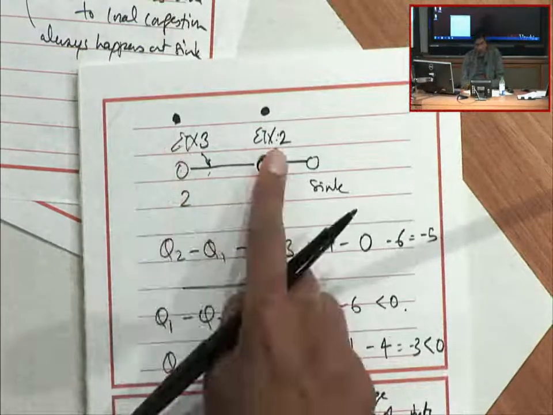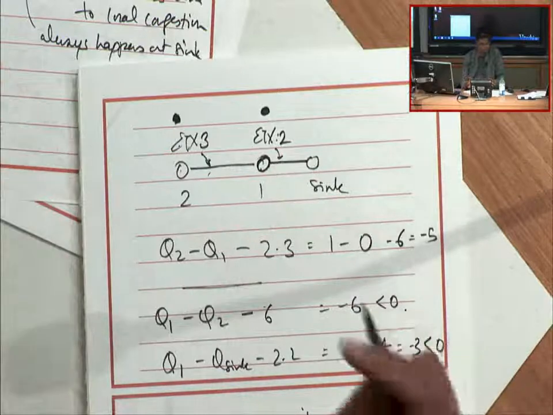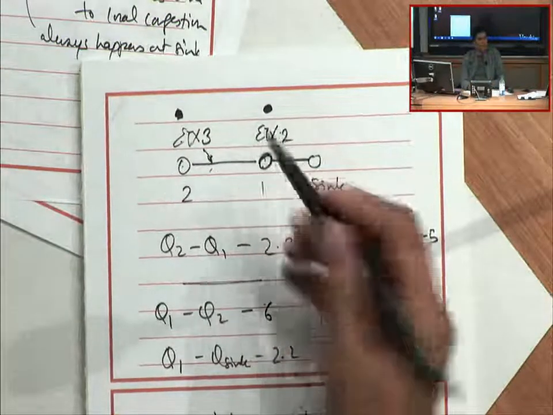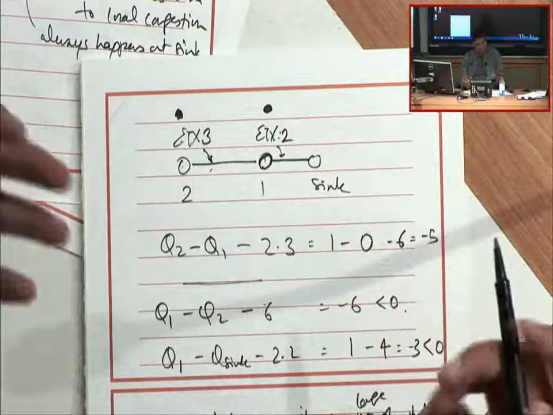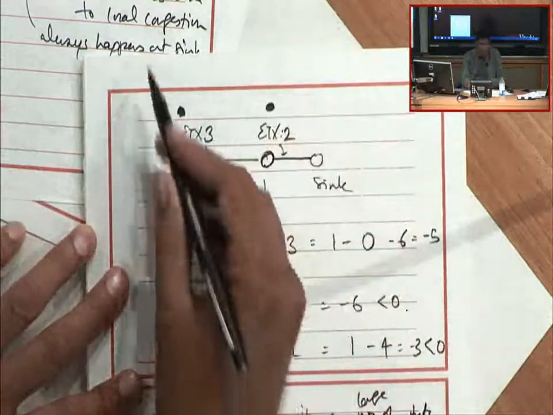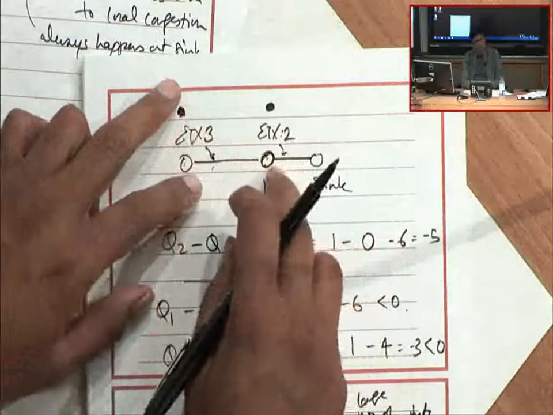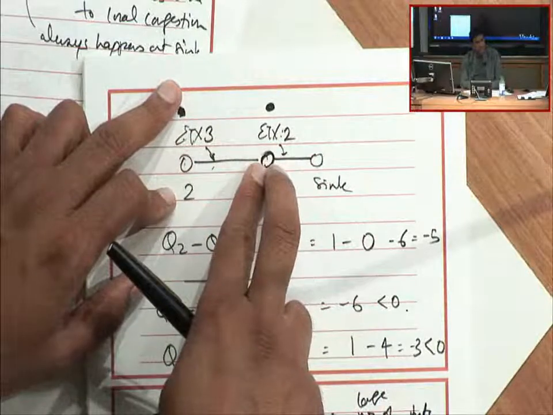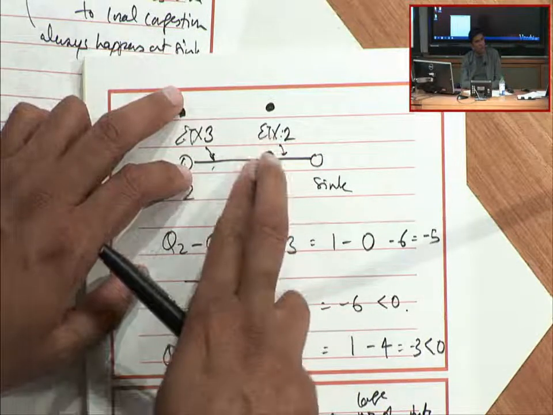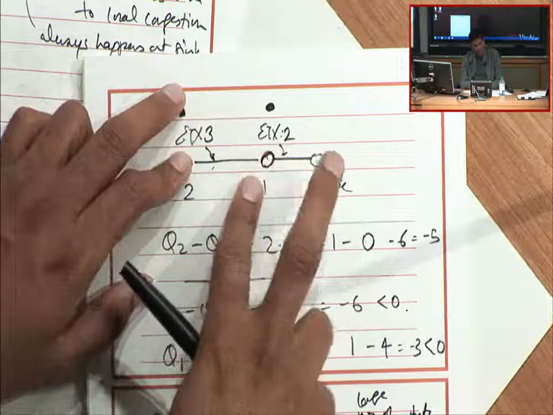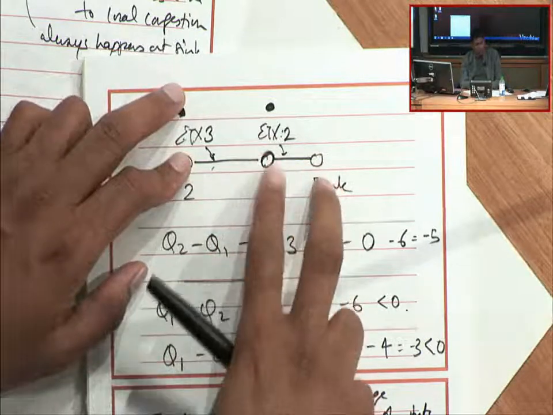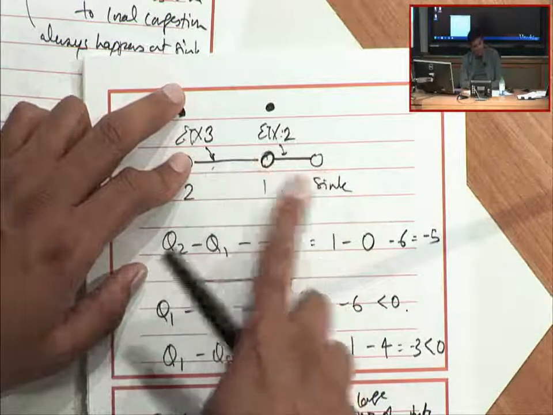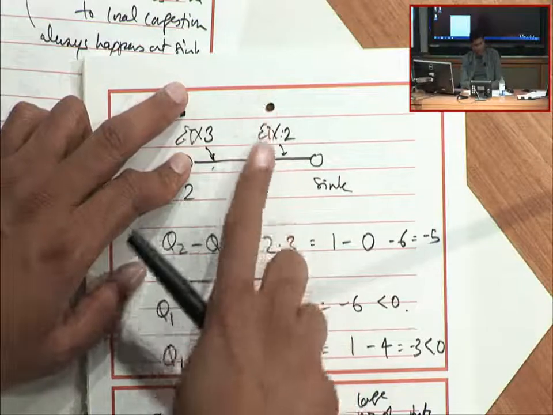So if I had only 2 packets, they arrive and they just sit there, they're going to sit there forever. But what if I had like 1,000,000 packets show up at these 2 nodes, and now I just wait and watch the process? Intuitively, what's going to happen if I have a very large queue here and a very large queue here? Let's just assume that they're the same number of packets. Well, there's an ETX gradient between these 2 of 6, so unless there were 6 more packets over here, nothing's going to move. But between these 2 nodes, now the gradient would be far more than the 4 it would take to move packets on this link. So long as there's more than 4 packets at this node, it will move to the sink, right? So if you have 1,000,000 packets,